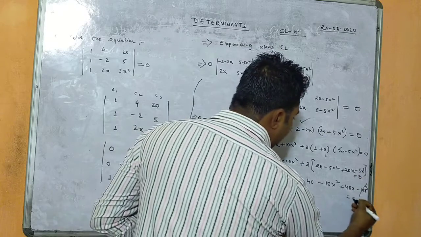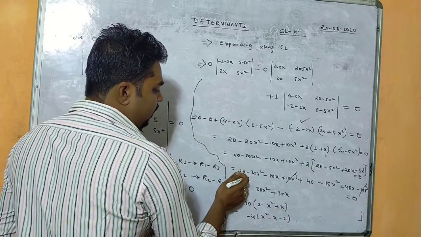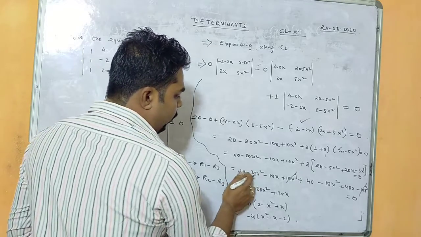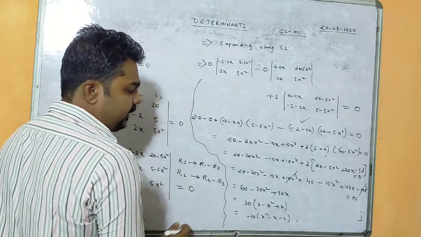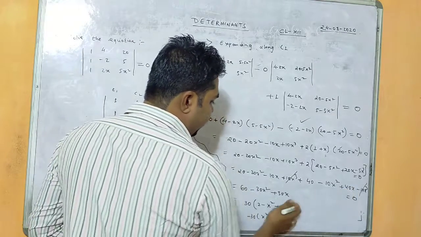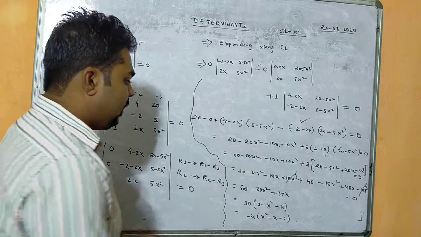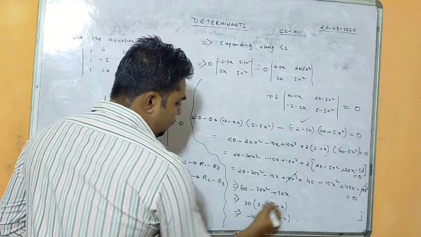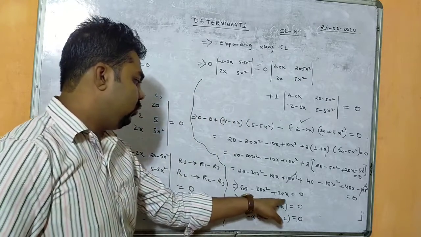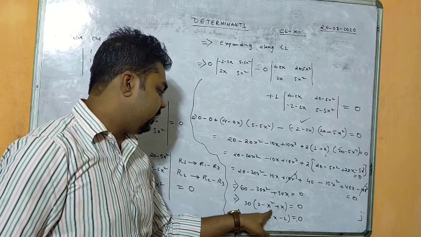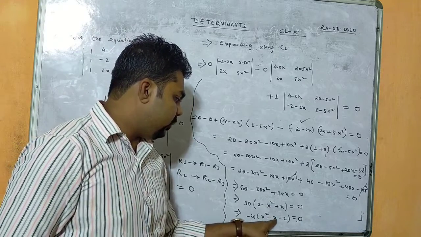Now here also we have equals 0. After that we multiplied 2 within the bracket, then solved this one. So 20 plus 40 is 60, minus 20x square minus 10x square, that is minus 30x square, minus 30x plus 40 is, that is minus 30x, and 10x cube and 10x cube got cancelled. So this is our left part. Now from here we have taken 30 common. If you take 30 common, you will get 2 minus 3 minus x square plus x equals 0, or minus 30 into x square minus x minus 2.